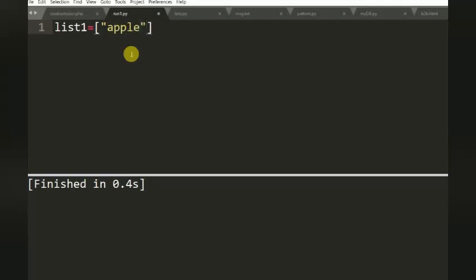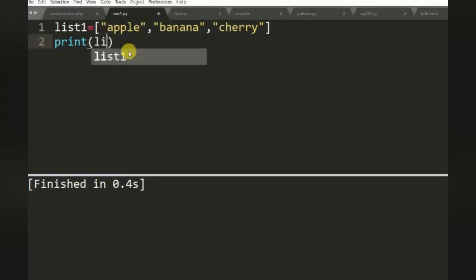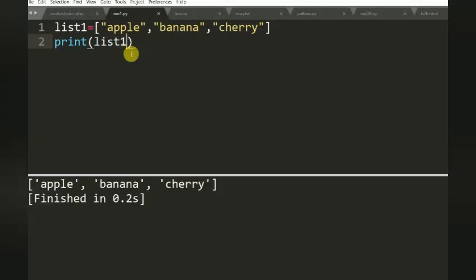I enter apple, banana, cherry. Double quote is mandatory. Now I want to print the list. The list was printed.